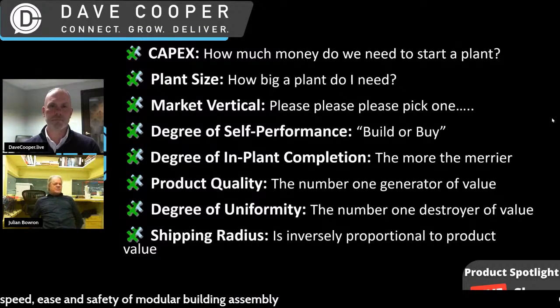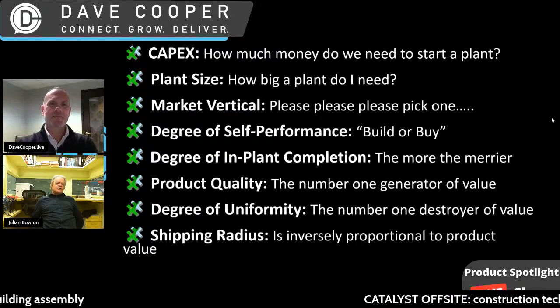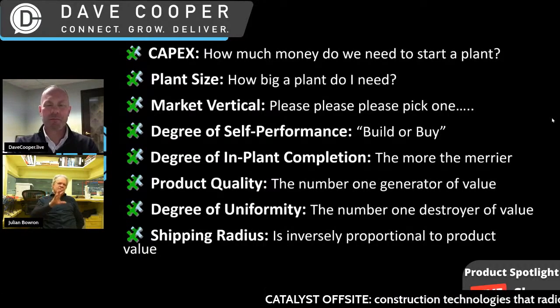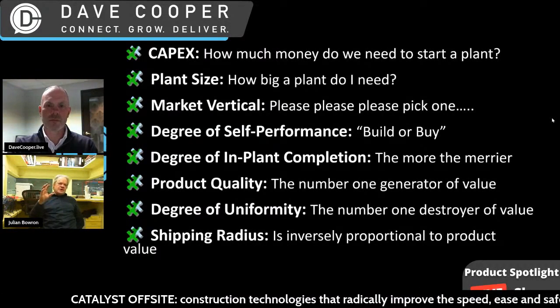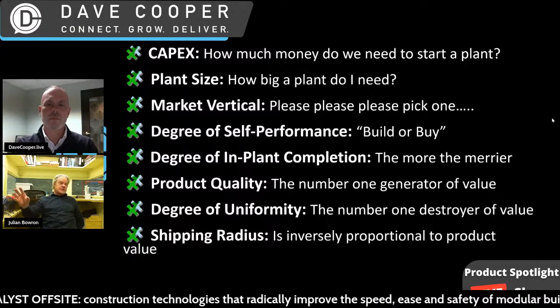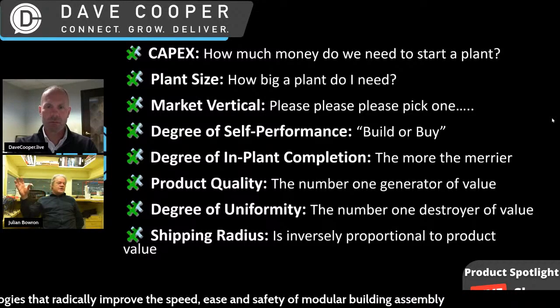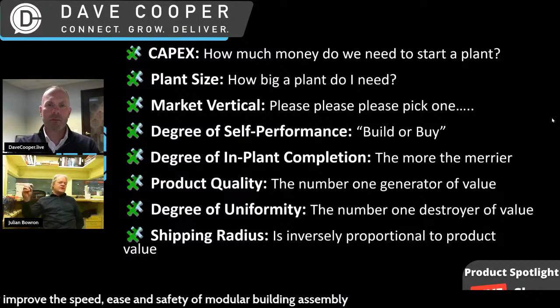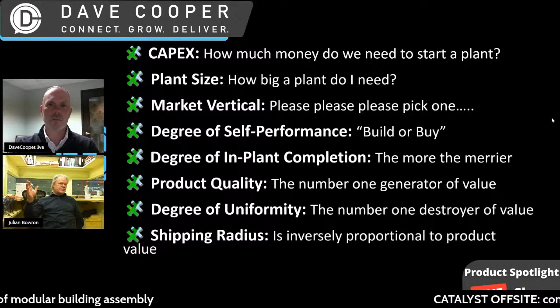Plant size is a fun one because people wonder, how many square feet? Well, we do the math like this: how many square feet of modules can you kick out of your plant per annum per square foot of plant, and what's the ratio? When the product is super high end, the ratio is maybe 2 to 1. You've got a 100,000 square foot plant, you're going to get 200,000 square feet worth of modules out of it